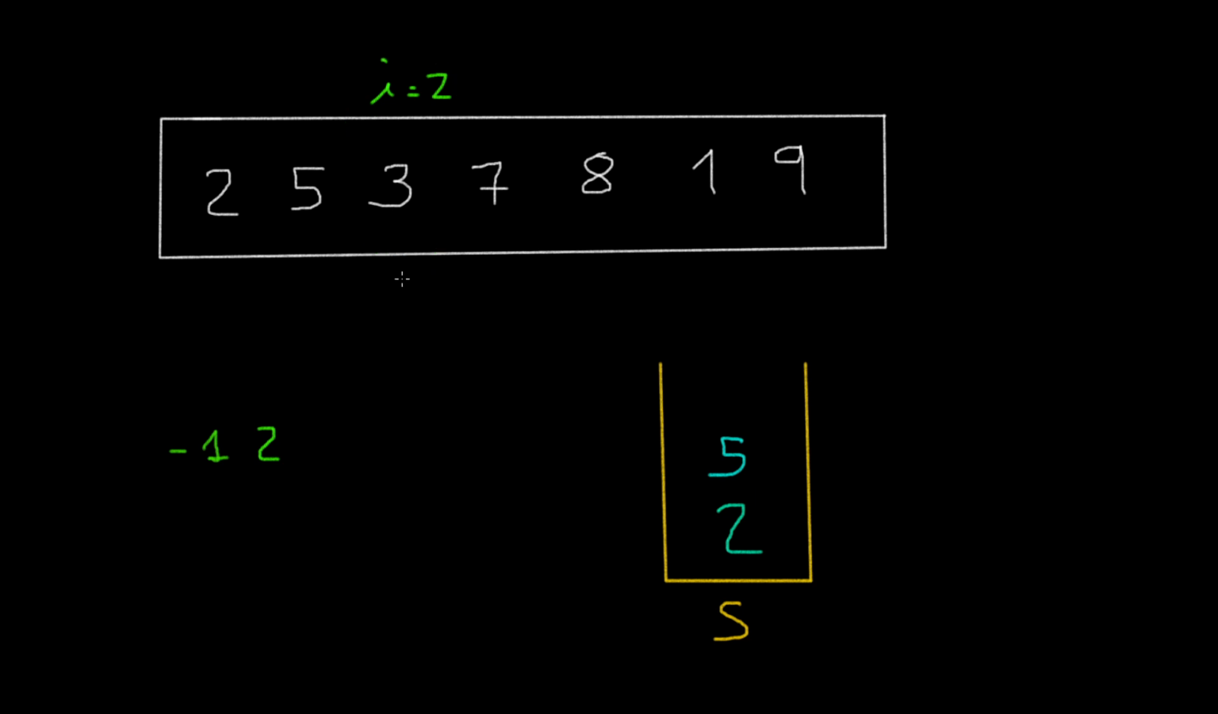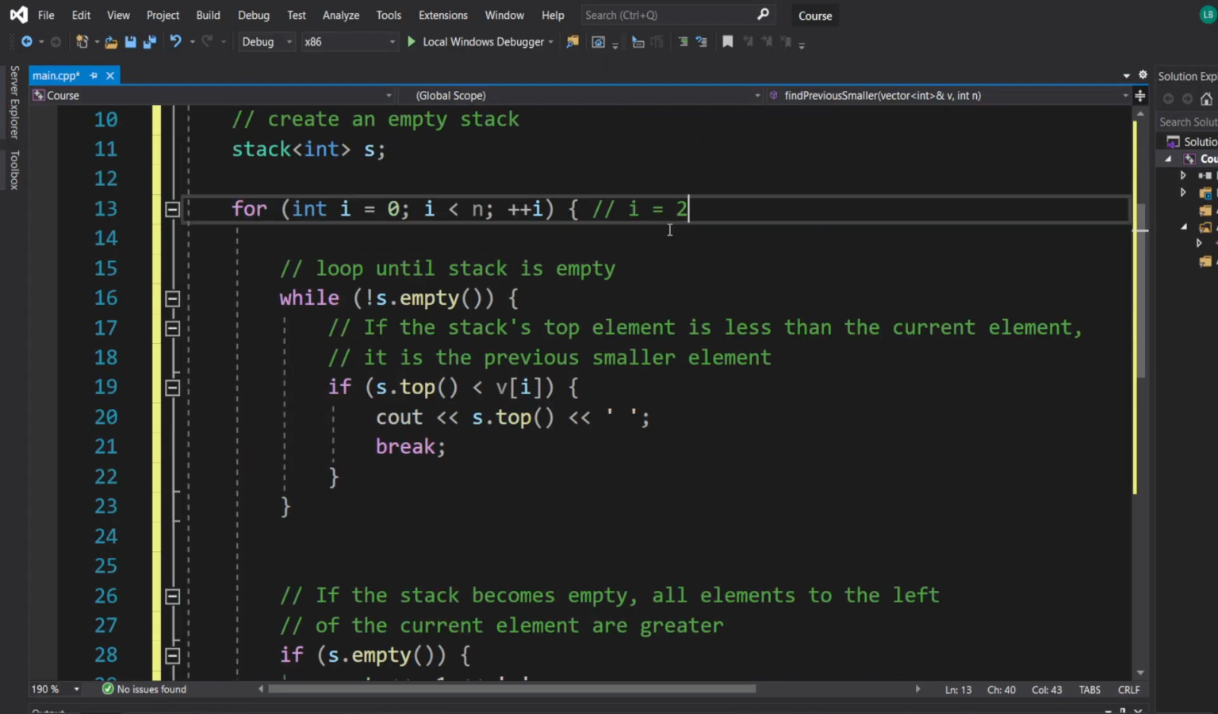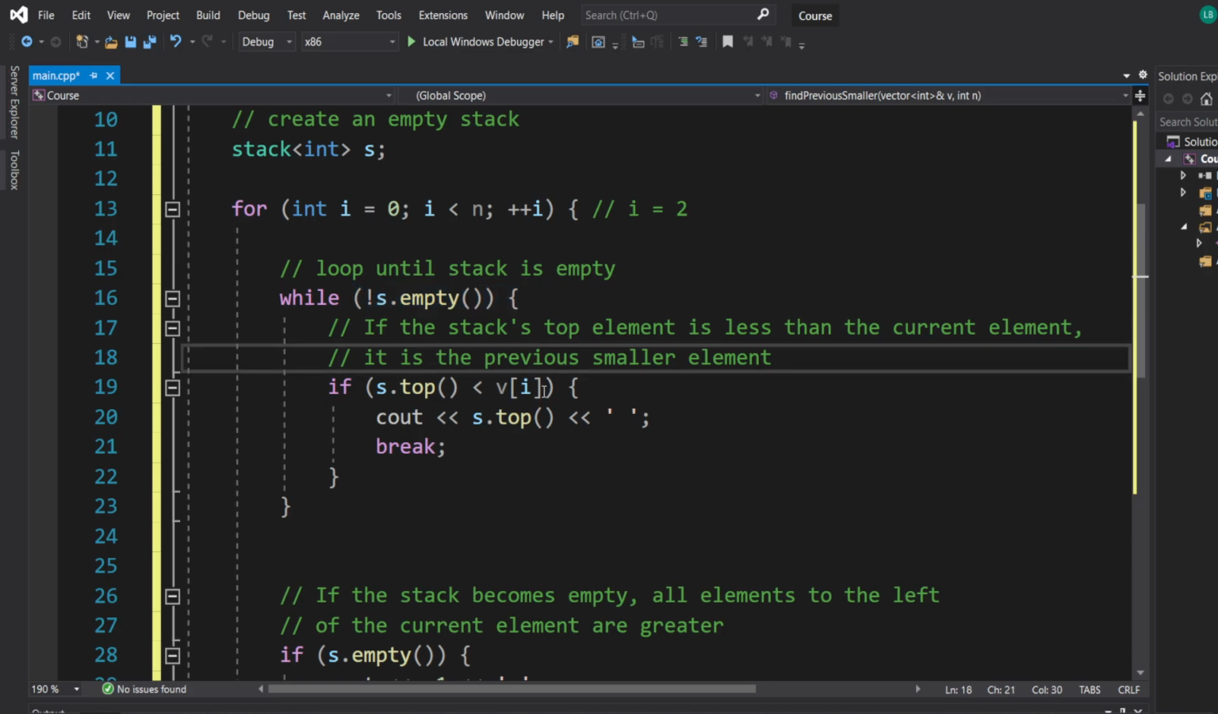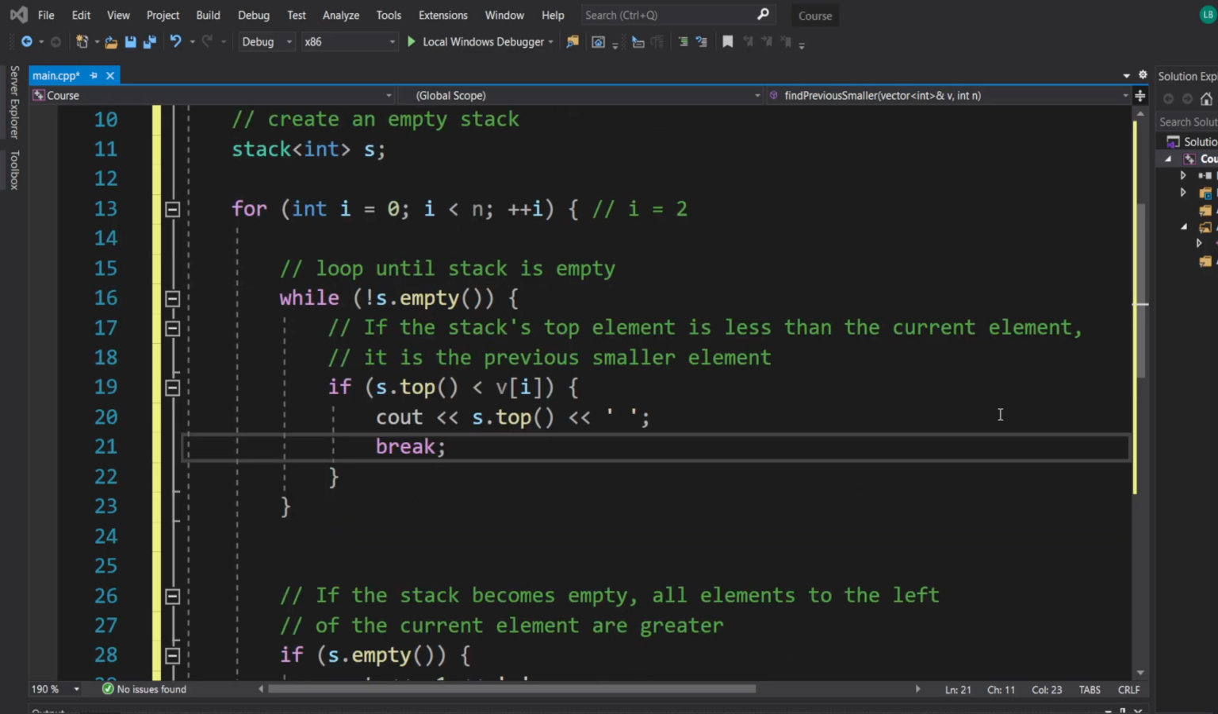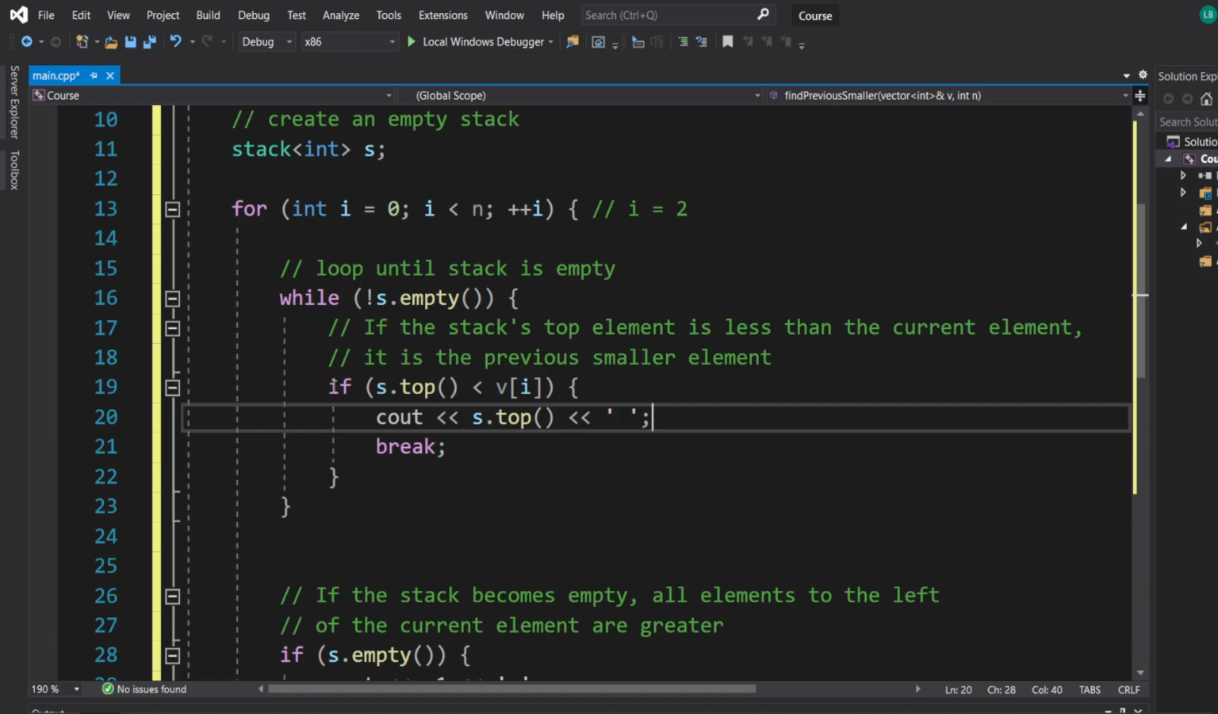This is the element that we're dealing with, the value 3. So now 3 is the current element. The first thing that we will do is to check if the stack is empty. The stack is not empty, right? So if the stack is not empty, we will come here and we will check,